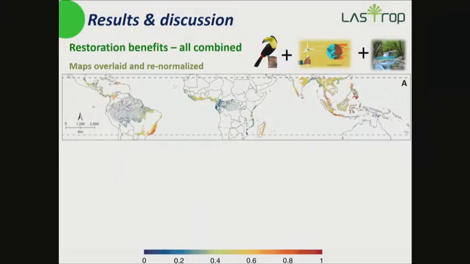And then what we got is that for restoration benefits, we have hot areas distributed across the global tropics. So it's not one particular region, one particular country. We may find these hot spots distributed across all the tropics in all countries. But at the same time, it's clear that we can see some emerging clusters of areas that may maximize restoration